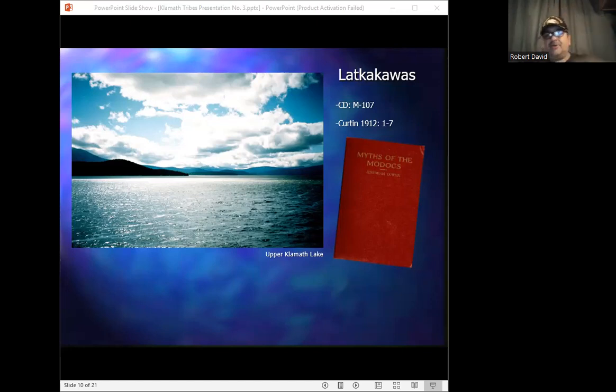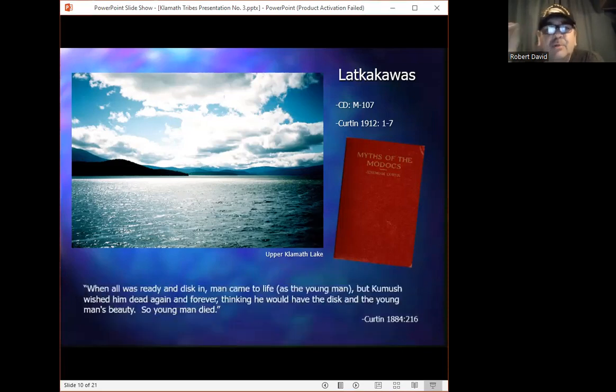Now, about halfway on her journey to Nilox, Lakakawas stopped to camp for the night, and there, much to her great surprise, she ended up giving birth to a boy, which had been fathered by her blue lover just the day before. Needless to say, this was something quite unexpected. The next day, when she and her newborn reached Nilox, where Kamokamsh had a sweat lodge, there Kamokamsh did in fact succeed in returning her blue lover to life using the sun disk.